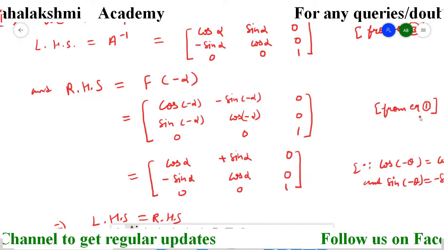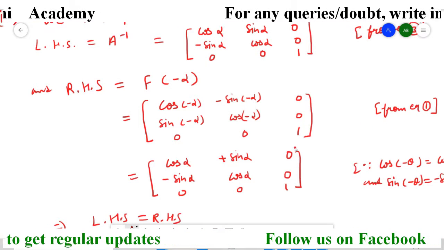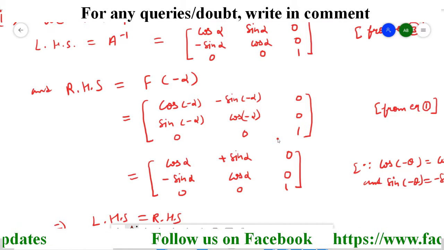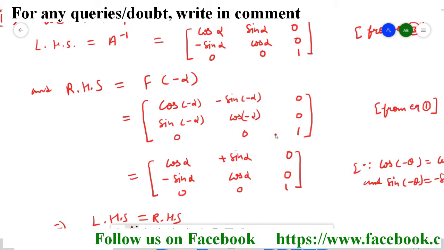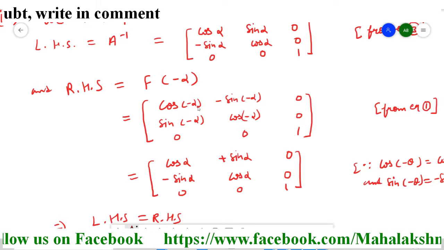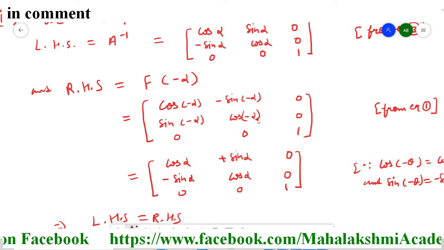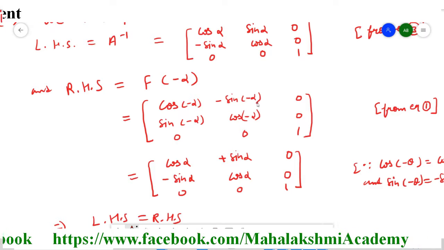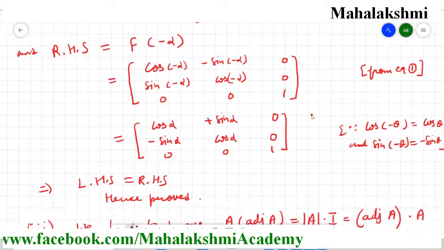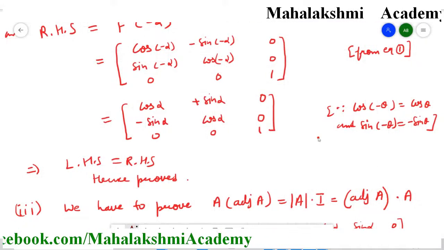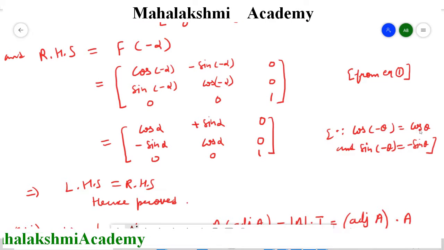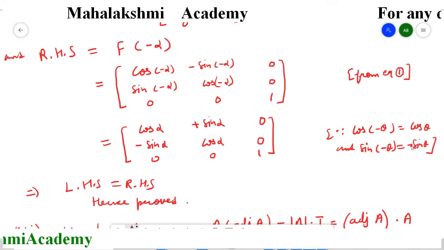So students, in equation 1 we have the F alpha, which I wrote directly from the question. You can see in your question that F alpha is given to you. So if you want to find minus alpha, then wherever alphas are there in the matrix, that alpha is replaced by minus alpha. So just see here, I replaced all the alphas with minus alpha, and after doing this you have to apply the formulas. These two formulas you have to apply: cos minus theta is cos theta itself, and sin minus theta is minus sin theta.